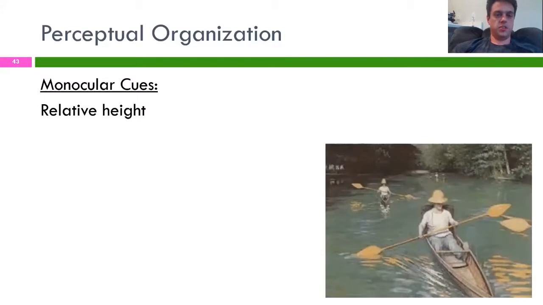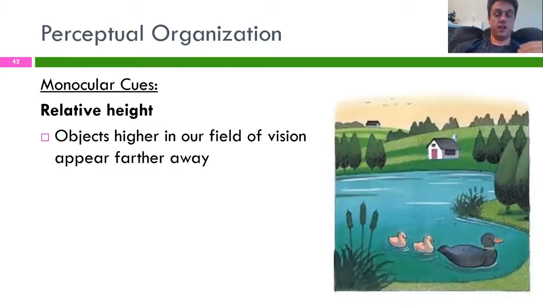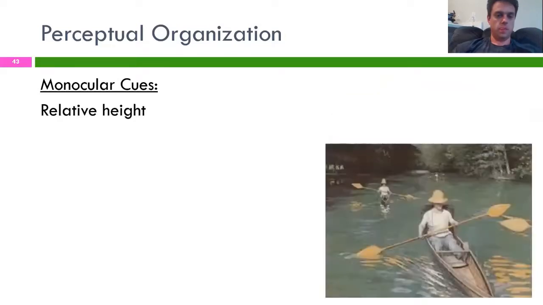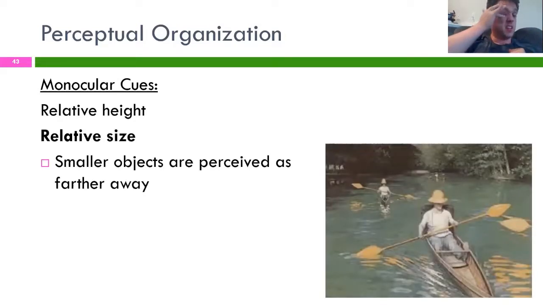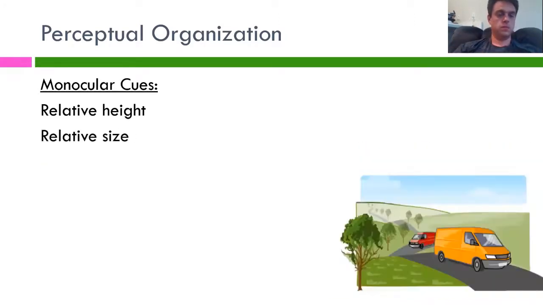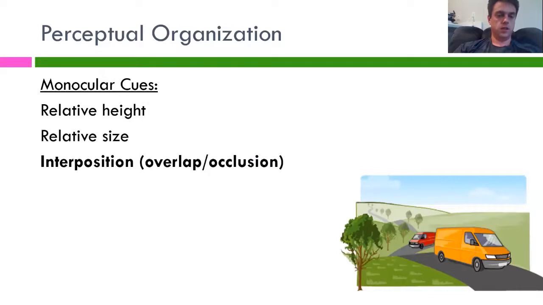By the way, just jot these down because we'll do kind of a quick activity. So relative height: objects higher in our field of vision appear farther away. Write that down. Relative size: smaller objects are perceived as farther away. The other one is interposition,